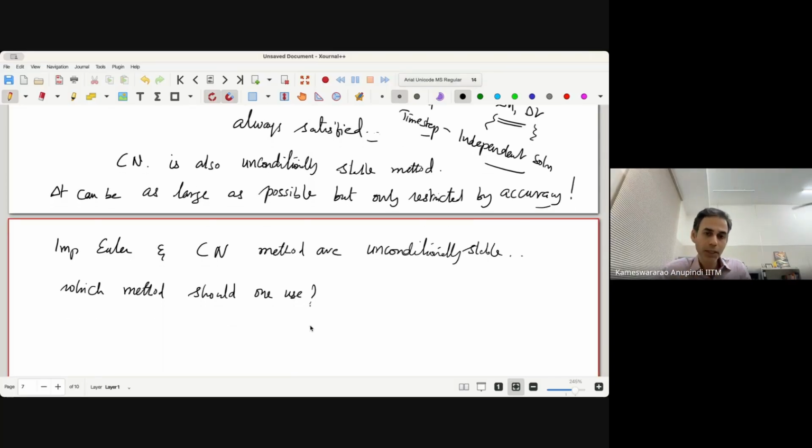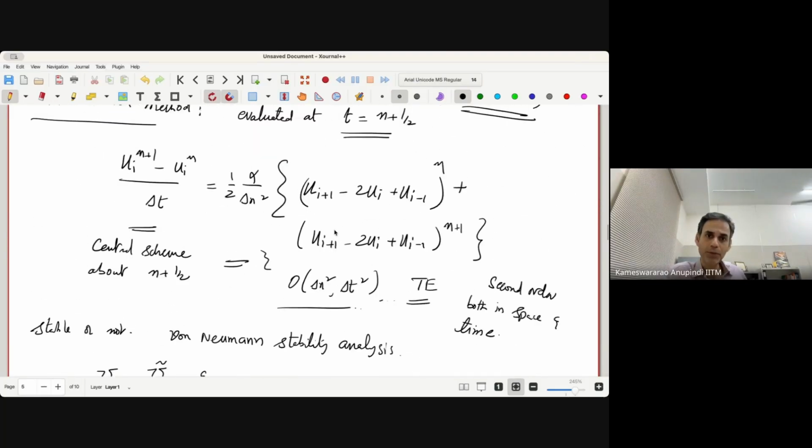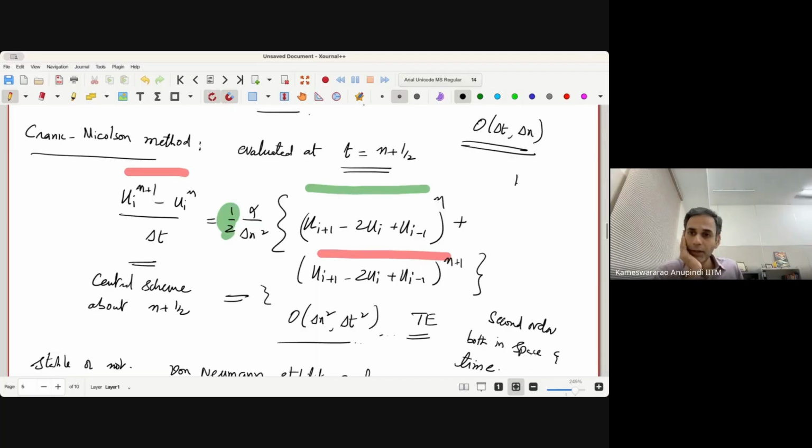Well, it turns out if you want to solve your system using implicit Euler, you have to solve a TDMA, right? So if you go back to this equation, you see that this left-hand side is pretty much the same as in the implicit Euler case. This right-hand side was there in the implicit Euler case. So the only new thing here was the addition of this quantity and then this 1/2. That means if you have set up your matrix for implicit Euler to solve using TDMA, by the way, the solution of Crank-Nicolson also requires TDMA